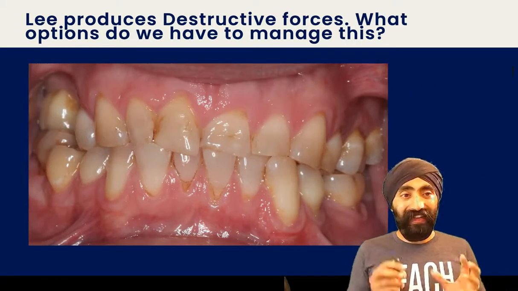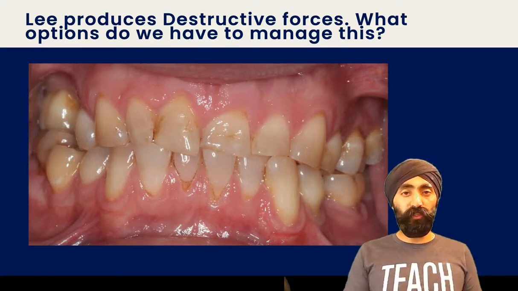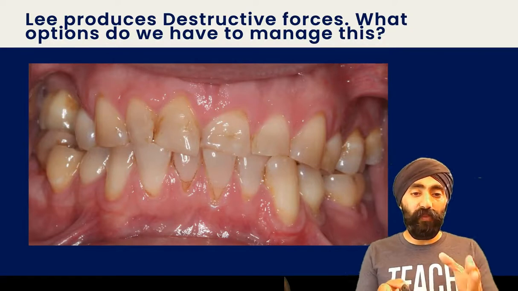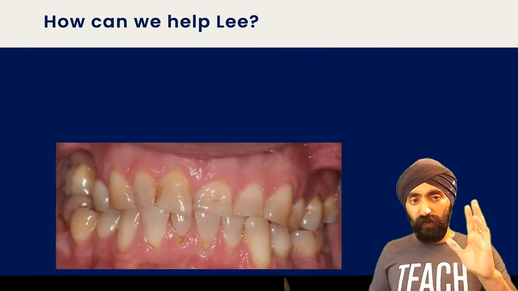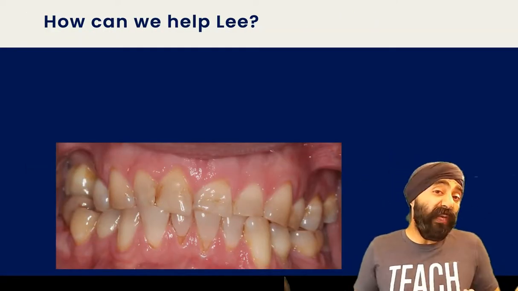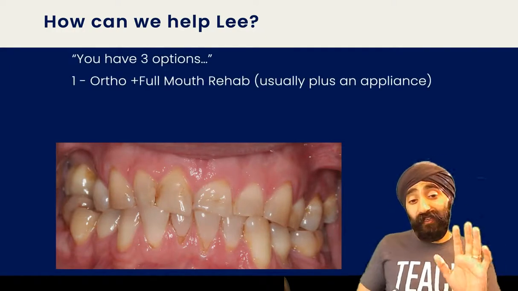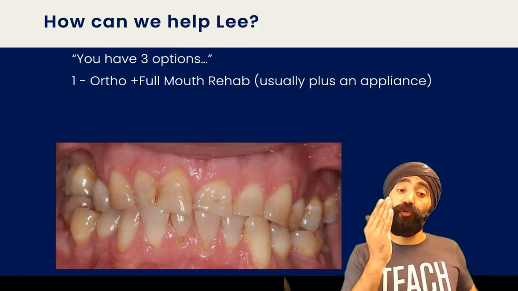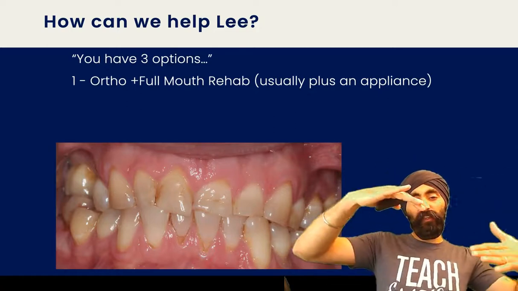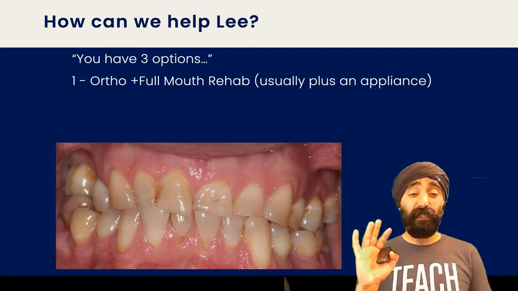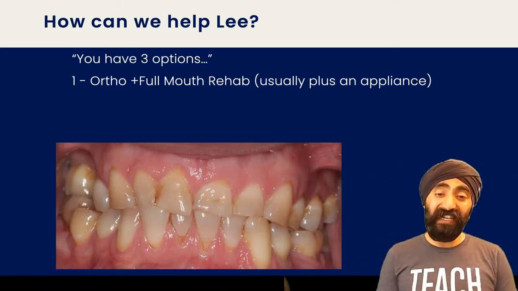So we know that Lee produces destructive forces. Okay, so I'm going to pitch it to you. What options do we have to manage this situation? Well, if you ask me, there are about 3 options which we might commonly encounter, okay? Number 1 is, okay, let's do some orthodontics. Maybe you want to intrude that upper left one, fix the cant a little bit, and you know what? Let's do a full mouth rehabilitation, because there's quite a bit of exposed dentine, missing teeth, and we need to